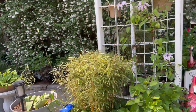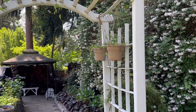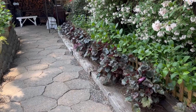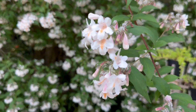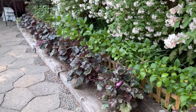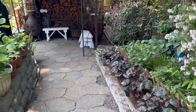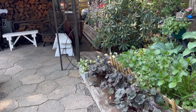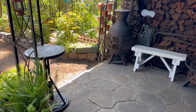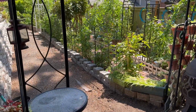Okay, walking towards the pergola, this is the entrance of this pathway. I have the alum roots that I use as a border, hydrangeas as well, and that's the up close flowers of the beauty bush. They're very scented actually. So there you go. I have some plants in the pots, and here is the first pathway, and this is actually my shade garden area. So here I have some firewood,